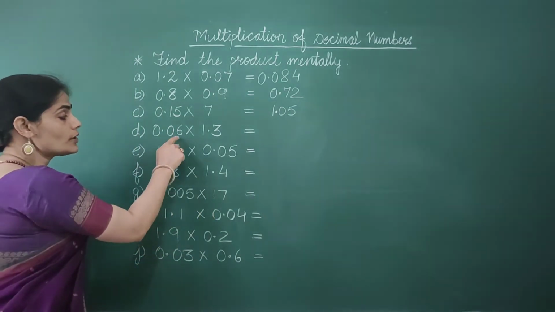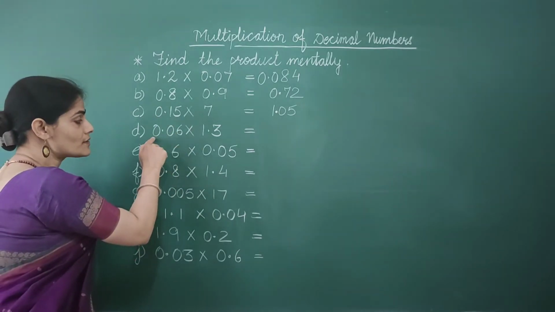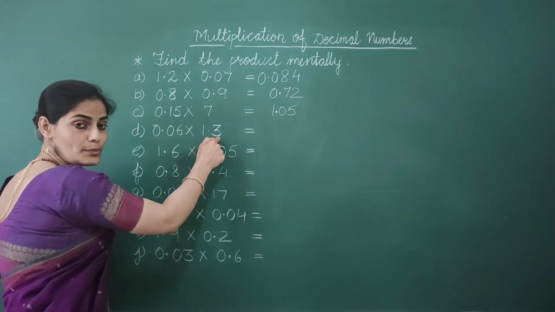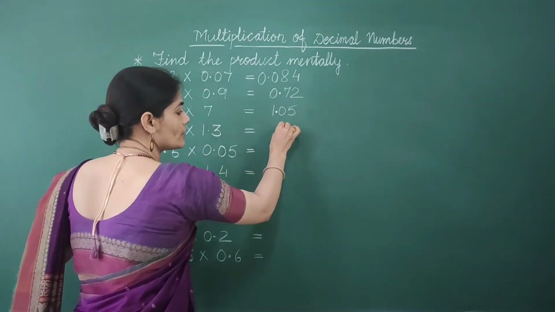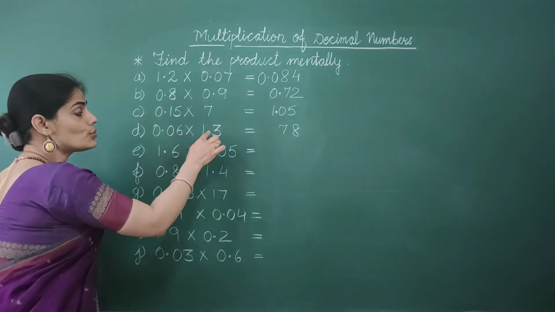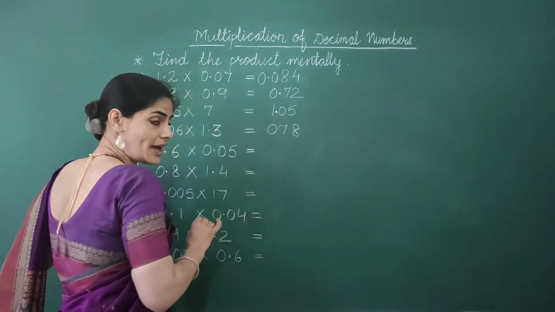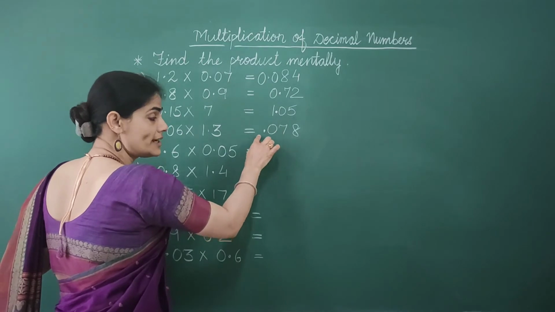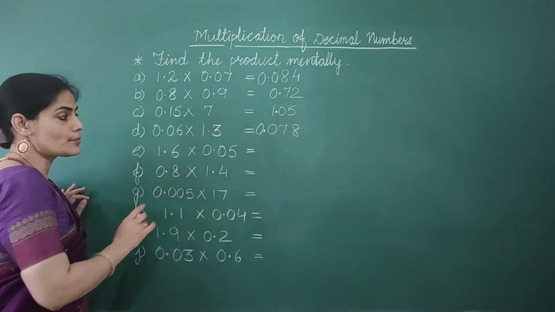1.05. Now look here in this part, if I ignore the decimal points, then I am left with 006, which is equal to 6. And 1.3 will become 13. So 13 times 6 will give you 78. Count the decimal places 1, 2 and 3. So 1, 2, the third one is not there. I add 0 from my side. Now I put the decimal. We don't leave the whole number part blank, so I write this 0 here. Our product is